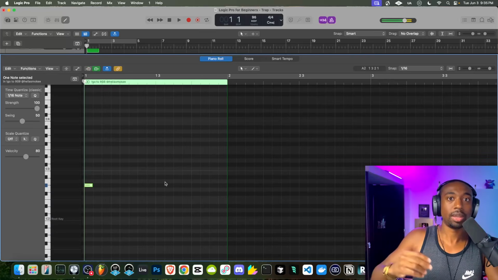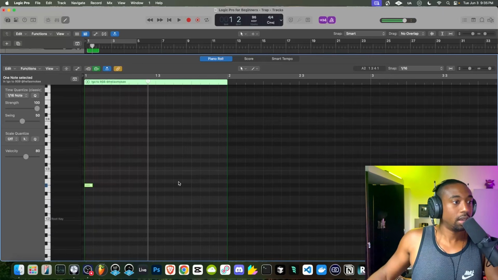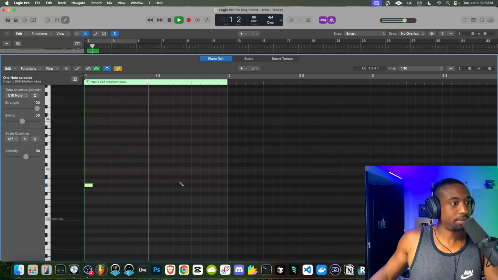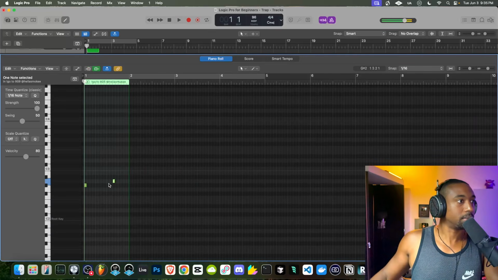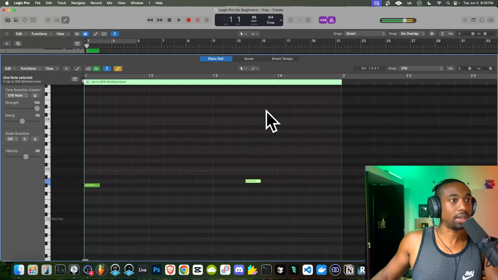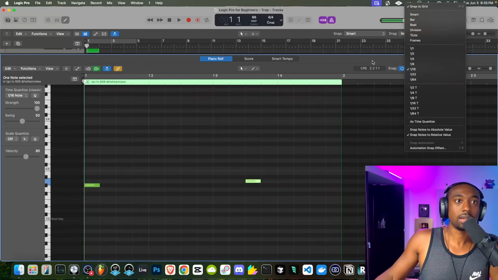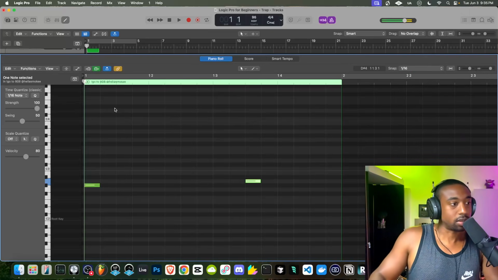So let's do boom, trecio. Okay, and let's hit Control. So the one thing coming from FL, you do have to get used to their grid system. It is a little bit different in the fact that when you change the snap to grid, it doesn't change the view. I'm sure there's a way to do it. Again, this is not me knowing everything about the DAW, so we're just going off of what we know.